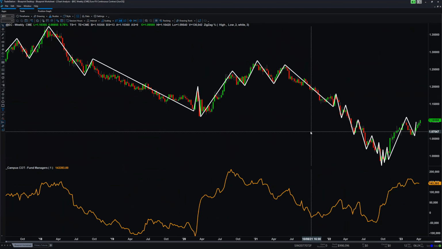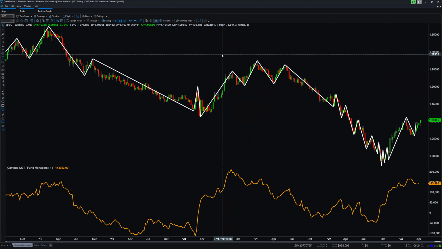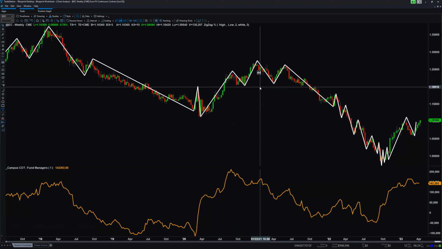So now, how do we use the non-commercials? Well, it's actually quite simple. Let me just write something here if TradeStation will allow me. Yes. So first thing is we're going to look at multi-year extremes. Second thing is that we're going to look at divergences where the COT net diverges with price pivots, okay? And then we're going to look at consolidation, breakout,